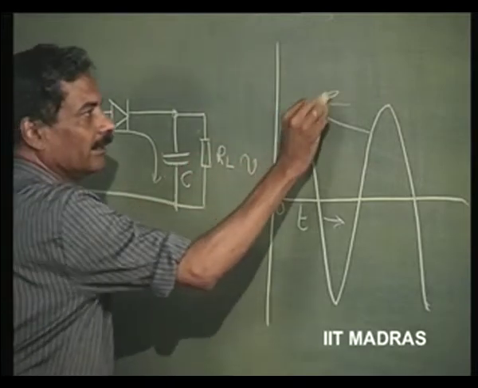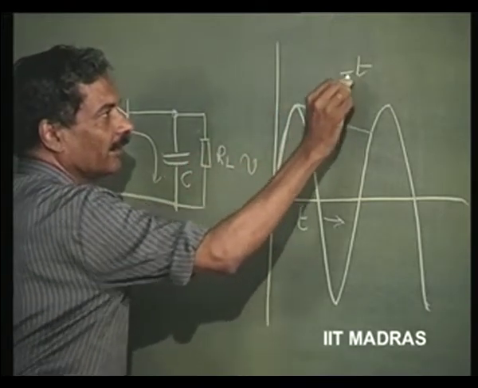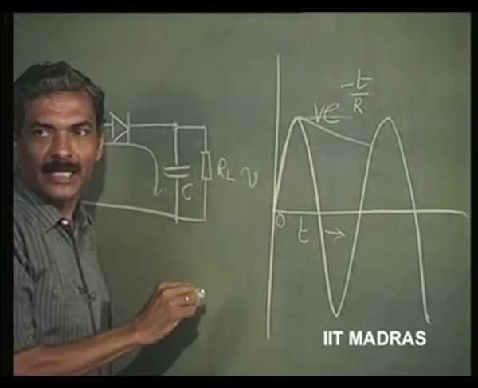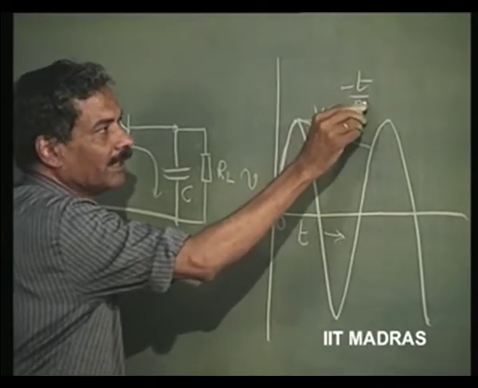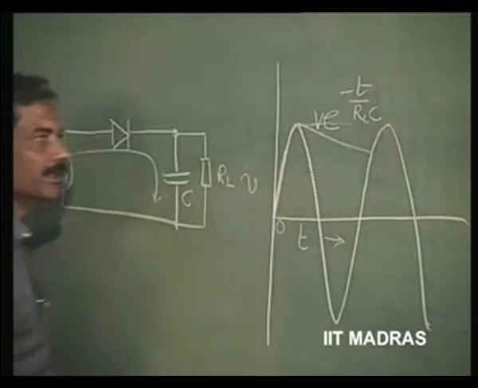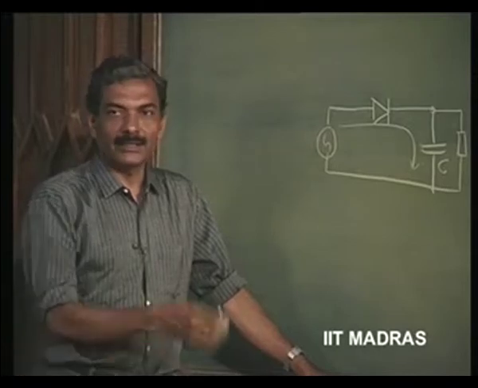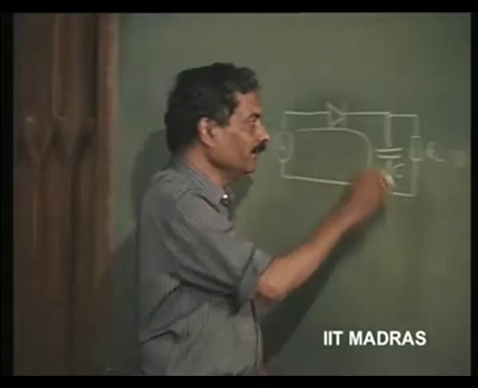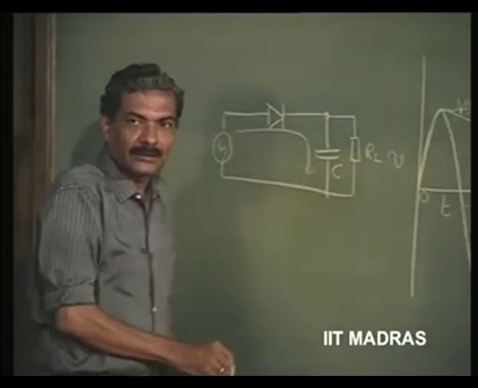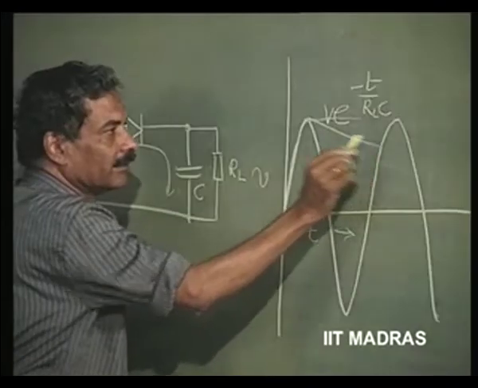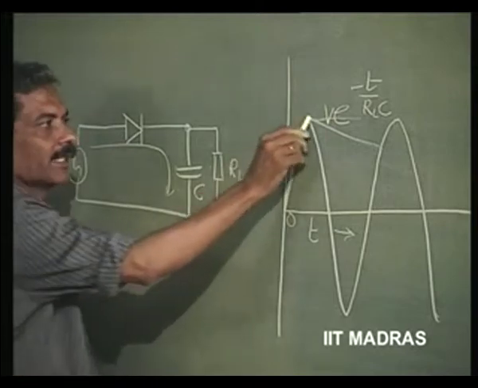So the discharge is going to follow this kind of curve, say V is the peak voltage up to which it is charged, and V into e to the power minus t over RL into C. This is the way it is going to discharge. This you have studied in your networks. So if there is a resistance and a capacitance connected in parallel, the voltage discharge will follow this kind of